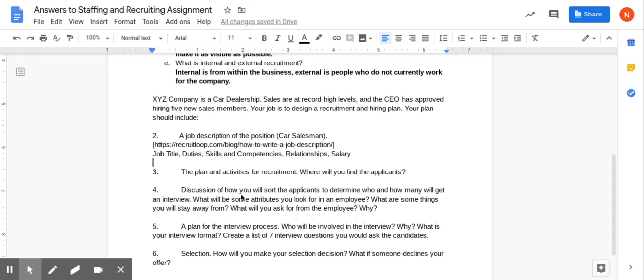All right, so plan for the interview process. Who will be involved in the interview? I would recommend, a lot of different people do this, you're going to need a human resource person as part of the interview process at some point, just to talk about salaries and things like that. Also, to have a human resource person in there, it's a good idea to steer away from illegal questions, like we talked about, things that you're not allowed to ask, like how old they are.